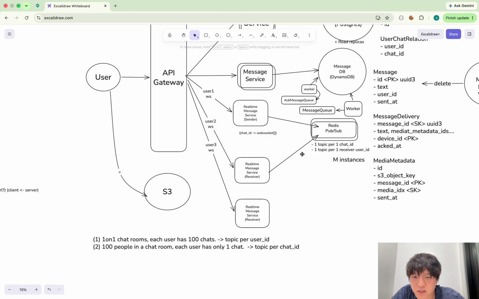Oh, and of course, as I said, if the sender server does the fan out here, the number of messages in the Redis PubSub is more than the number of original messages. So from that perspective, the chat ID based topic is also better. Okay, that being said,